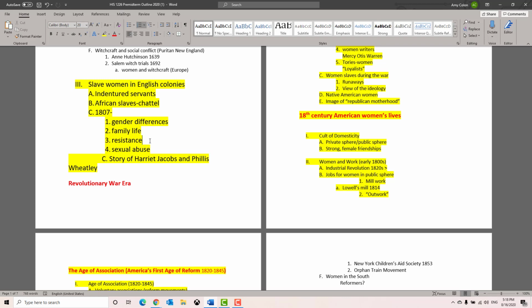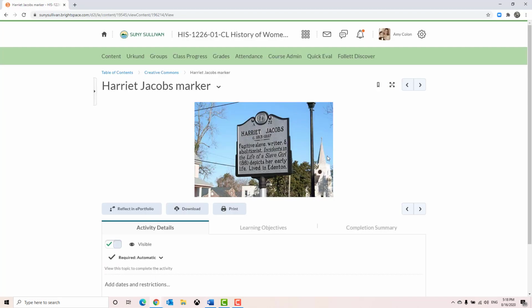So I want to tell you the story of Harriet Jacobs. Probably in the next video I'll do Phyllis Wheatley. We'll see. Harriet Jacobs was born around 1815 and she died around 1897. And her story is going to reveal the issue of sexual harassment for slave women. Image of Harriet Jacobs, but this is a marker that represents Harriet Jacobs